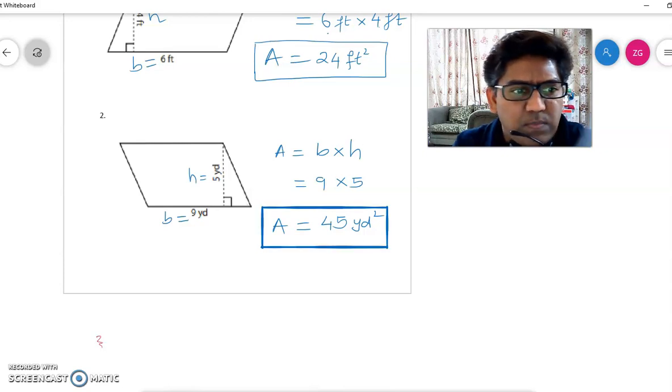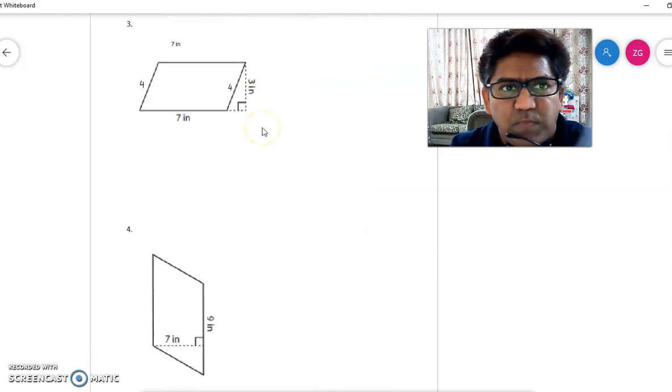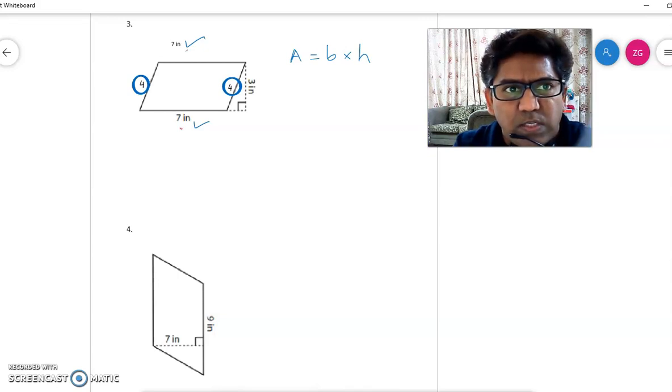Now let's come to the next example. Now in this parallelogram, you can see that the opposite sides are given to you as 7, 7, and these two sides are given to you as 4 and 4. Now to find the area of the parallelogram, the formula is base times height. Now if I take 7 as the base, I need to know the distance between the two parallel sides. I cannot take this length 4 as this is not the perpendicular distance. There is no perpendicular sign here, so I cannot take 4.